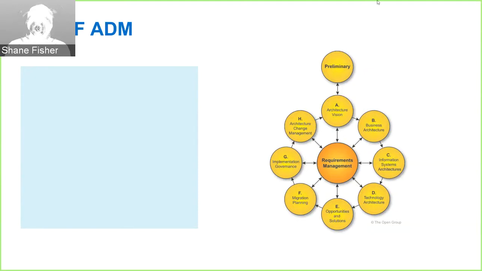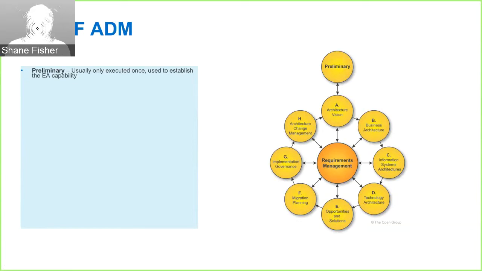And it starts at the top with the preliminary phase. And this is usually only done once. And then we walk this wheel for every architecture exercise, which would be basically every project, or every phase of a project is another way to look at it. Any new initiative, you'd walk that wheel. Okay? So,